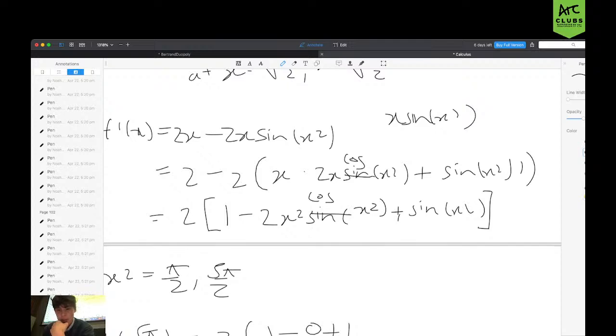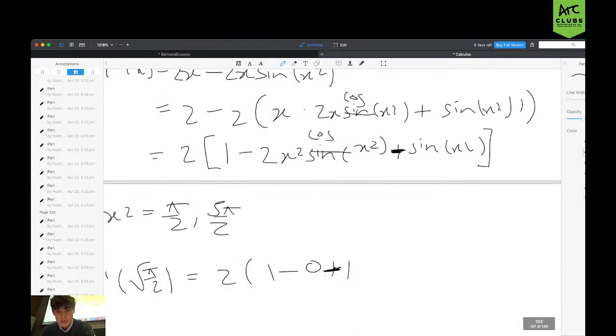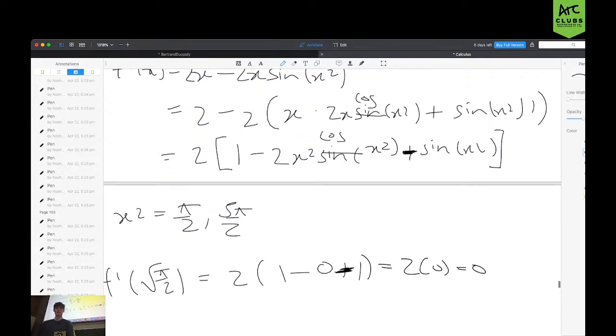Sorry, this should be a negative here. So that should be minus 1. And so what we get is 2 times 0, which is equal to 0. So we plugged it into the, sorry, that should be second derivative. We plugged it into the second derivative, and it's also equal to 0, so we know that it's a possible